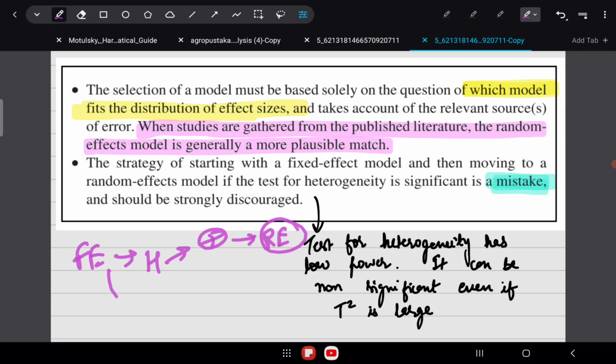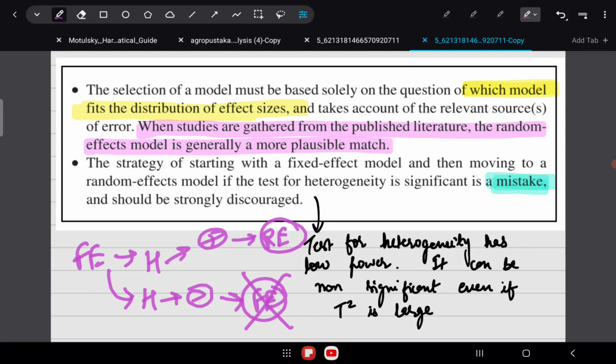But it is also possible that the test for heterogeneity may come negative because this test does not have enough power. It's a very low power test. So if you perform the test for heterogeneity, it may be falsely negative, and in that case you will continue with fixed effect modeling, and that is problematic. That is not right, because it is possible to have a lot of between study variance despite the fact that the test for heterogeneity is non-significant. I hope I'm making sense. So this approach, this algorithm, is problematic.